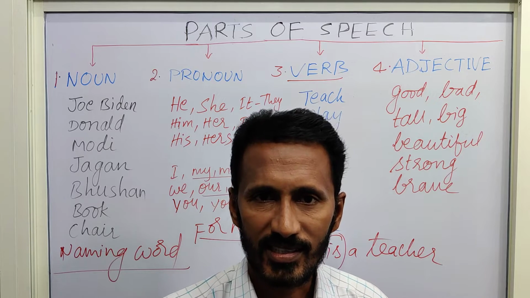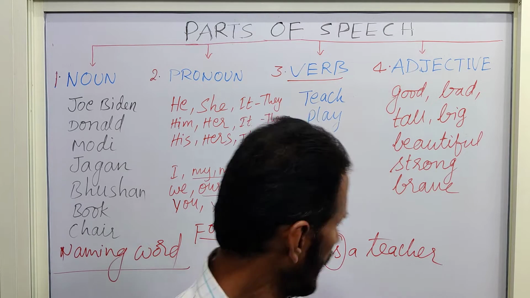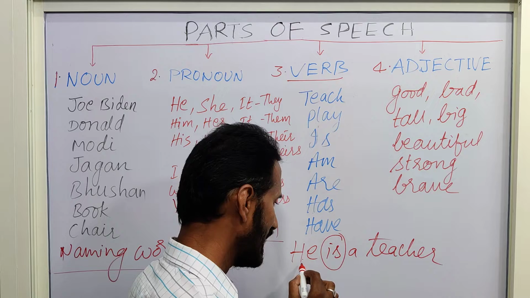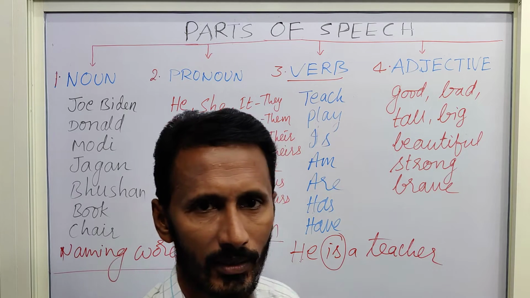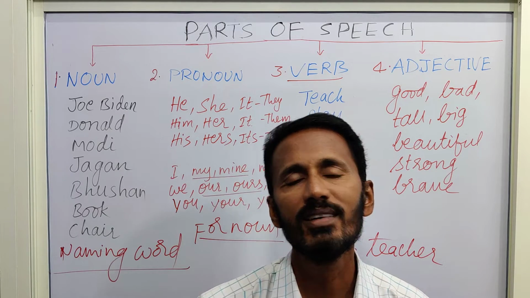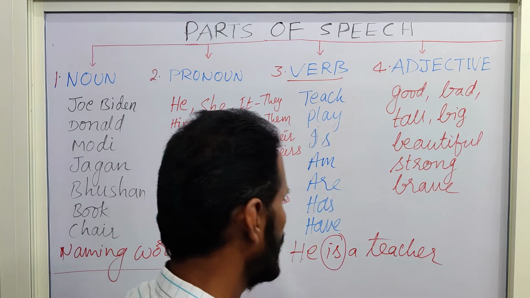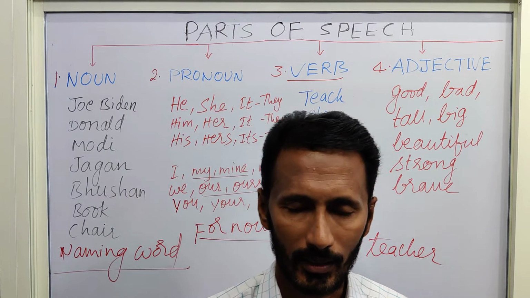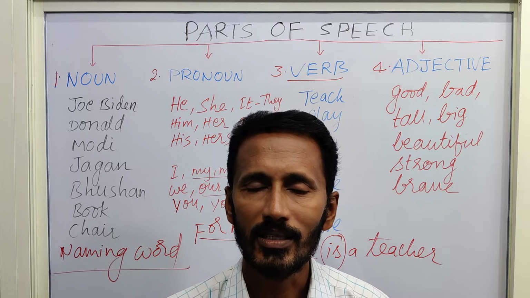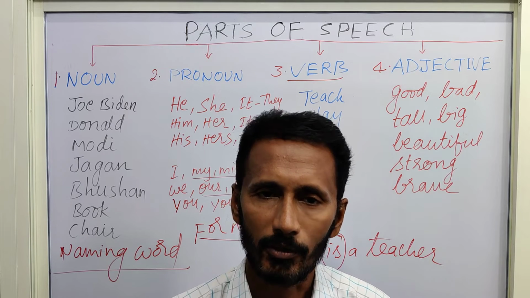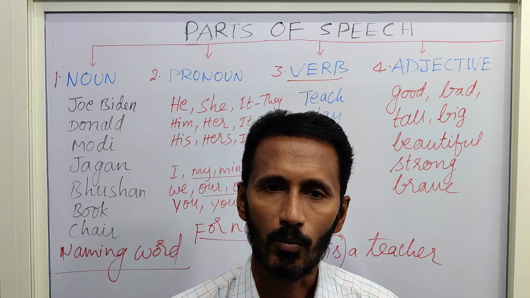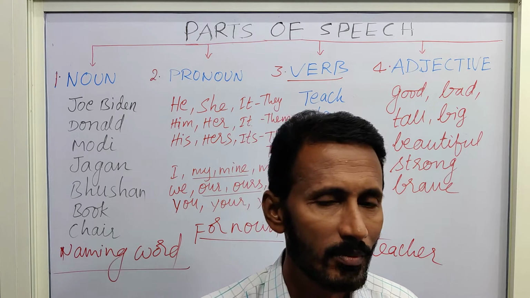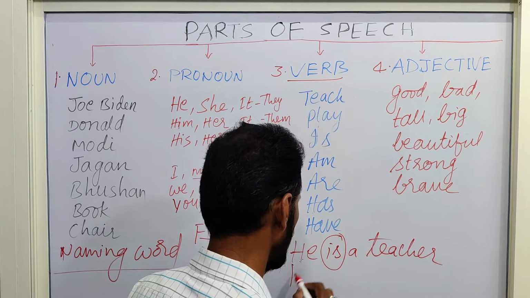This is tells the state. He, what is he? Means he is a teacher. It tells something. It states something. So here this is also a verb form. So a verb means an action word. A verb means which tells about a state, and in the same manner a verb means